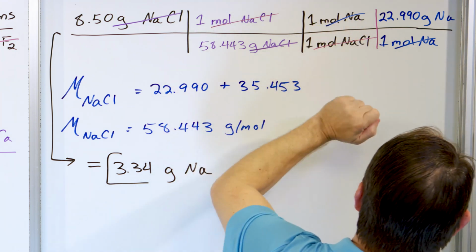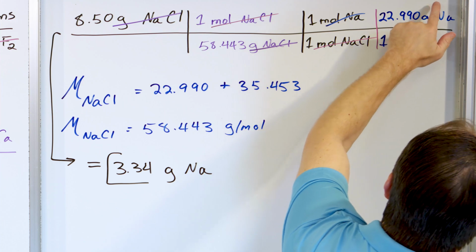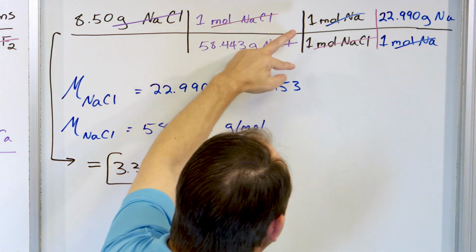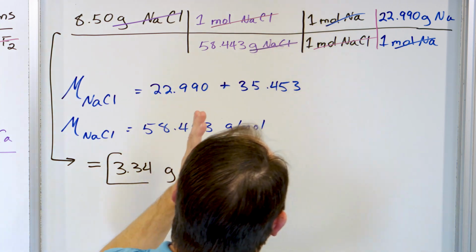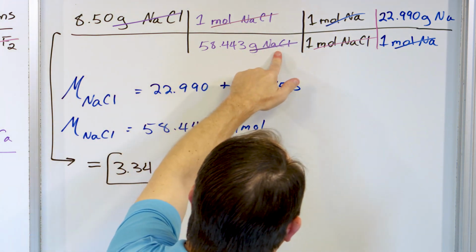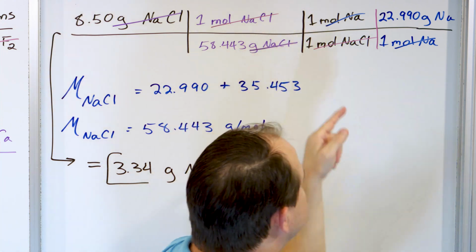And then when I have it in moles of sodium, I convert from moles of sodium to grams of sodium. Now, this is the only step that looks to be a little out of place. At first, you're wondering, why do I even do this? Well, in this case, for every mole of sodium chloride, there's 1 mole of sodium, so these numbers, the ones,